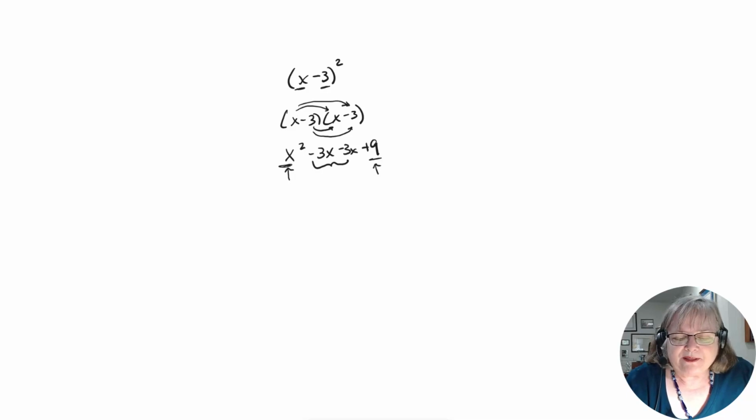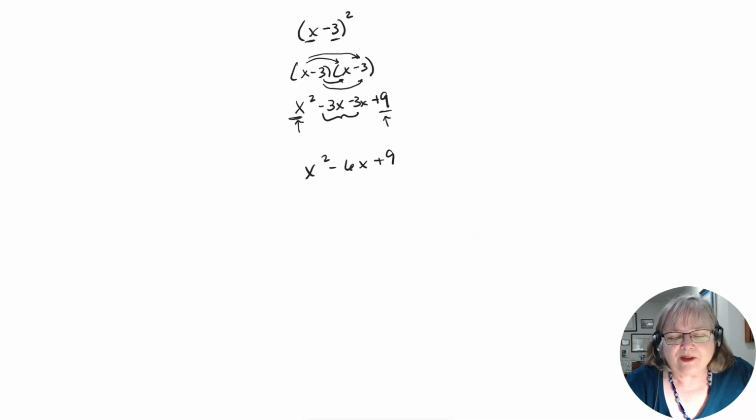So what happens if you then had x squared minus 6x plus 9, and they said, well, let's factor that, and you would go, oh, look, it's got a square on each end. Okay, so maybe it's a binomial square. So since it's a square, it came from something, you would use the square roots. What's the square root of x squared? X. What's the square root of 9? 3. And this sign right here, the first one that you see in the trinomial, is the sign you're going